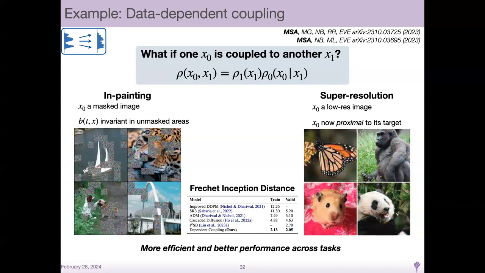If you wanted to do this with diffusion, you'd have to map the whole thing to a Gaussian and condition the velocity field to map a Gaussian sample to your clean image. And there are some hacks that have to come into doing that. So now we just want a systematic way of trying to connect these types of densities. And again, if you do this with a systematic framework, you can push down these Fréchet inception distances in a much more efficient way, just by building maps between the more proximal densities rather than auxiliary maps that are more complicated.